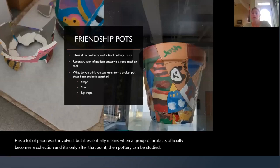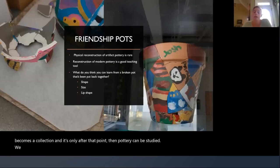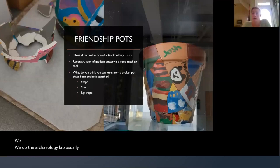So we at the archaeology lab usually deal with pottery sherds. It's spelled S-H-E-R-D-S. And I know you're like, wait, but I thought it was spelled S-H-A-R-D-S. Sorry. And that's a fair question to ask. A lot of it has to do with glass being called shards and pottery being called sherds because they're not